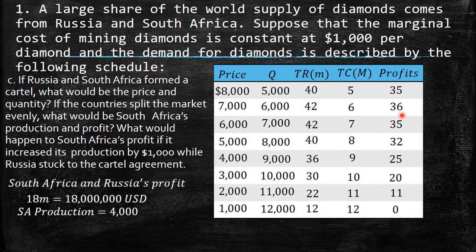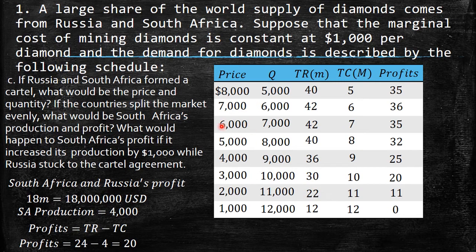So then imagine the new situation. South Africa is kind of smart and says, okay, I'm going to increase my production by 1,000. Before, the production of South Africa was 3,000. After this 1,000, they will produce 4,000, right? So then the profit of South Africa should be this one. Why? Because they will have